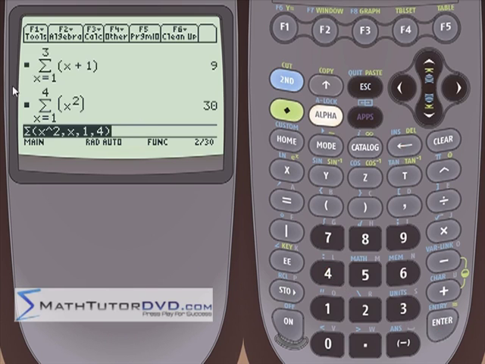Hit enter, and you'll see that it reformats it nicely. x goes from 1 to 4. We're adding up the terms that are generated by